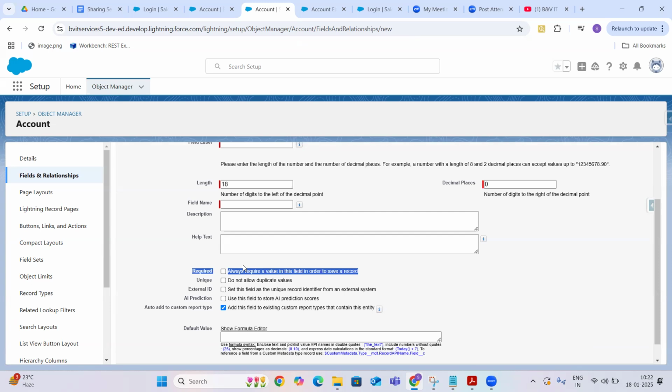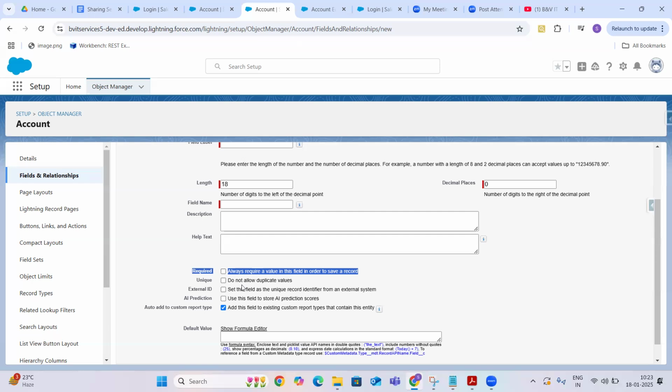At the profile level, if it doesn't have access to this field, then obviously you can't see that field. But if it is required at the field level, you have to provide the value, whether or not it is present on the page layout.